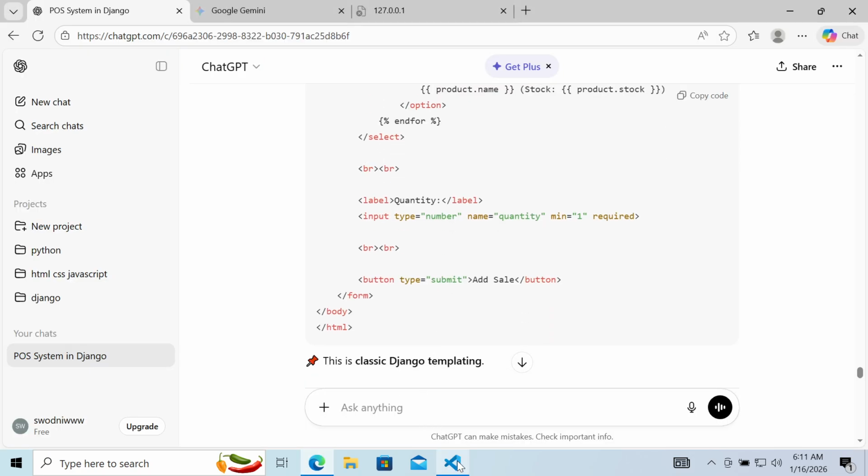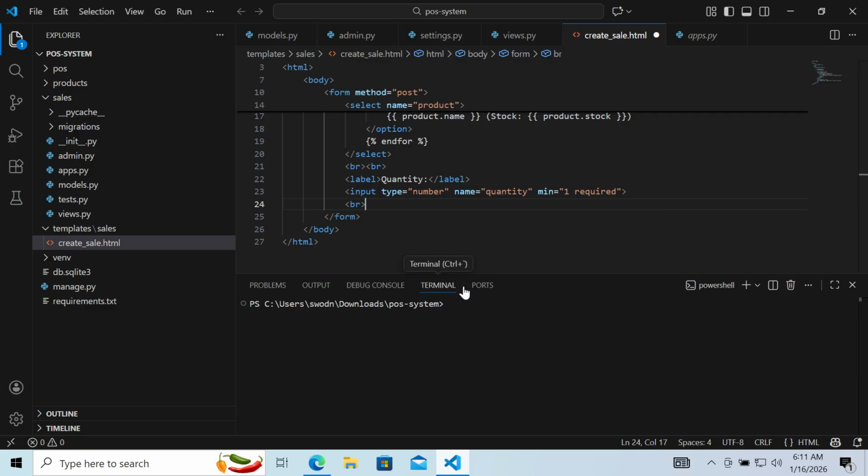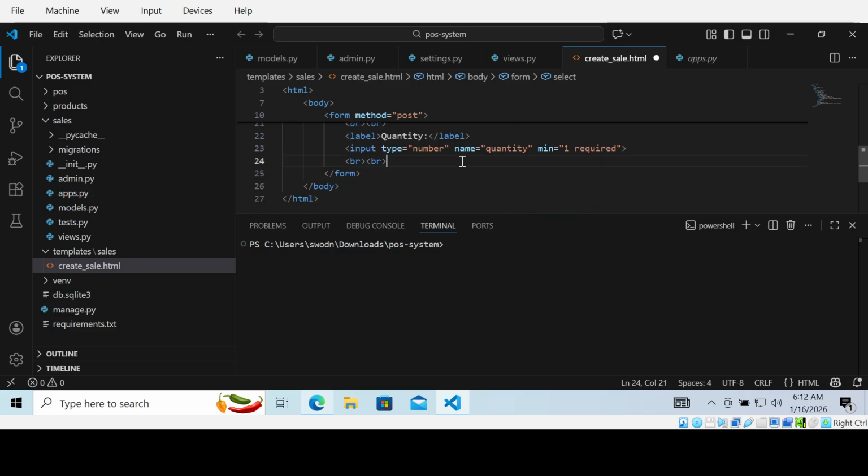And then we have 2 line breaks again. Alright, okay, so after the 2 line breaks, we have